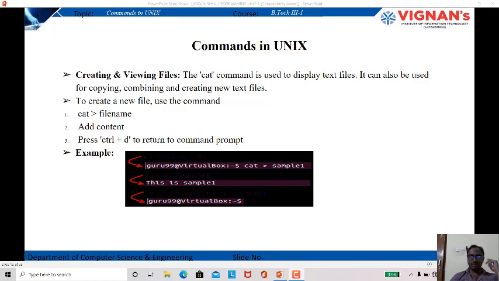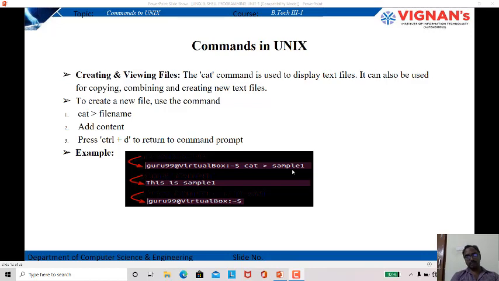All of you look at the diagram here. This is the terminal, and this is the shell prompt. We are using the cat command and the greater than symbol. What file name have we given here? We have given the file name sample1.